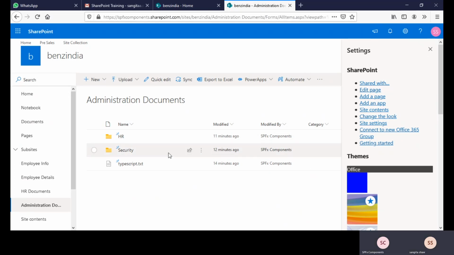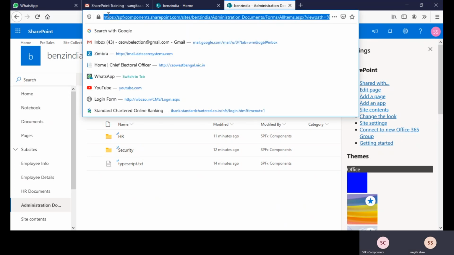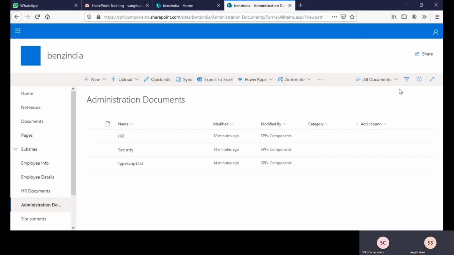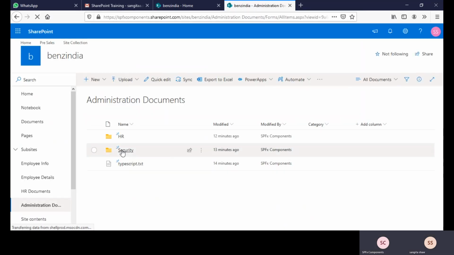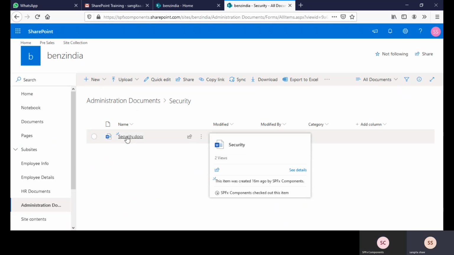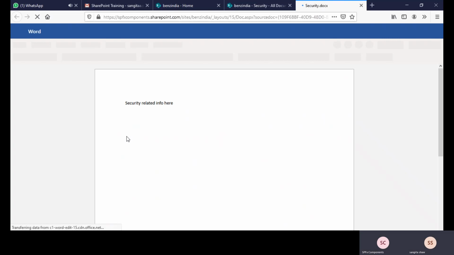I Can think you hang. refresh? Yeah, yeah. 1 second. Yes. Security document. Can I open? Yeah. Okay, this is okay. Yes. See that? Can you try to edit it?